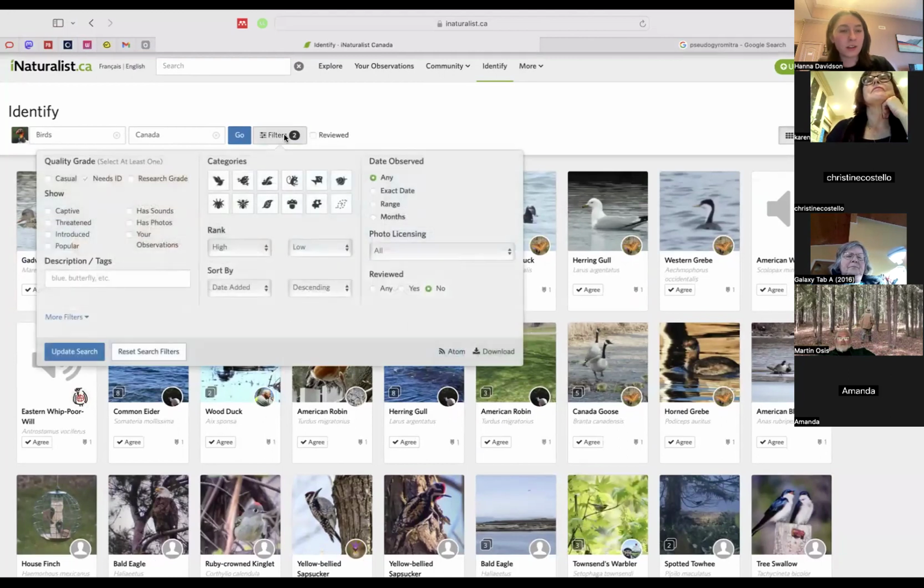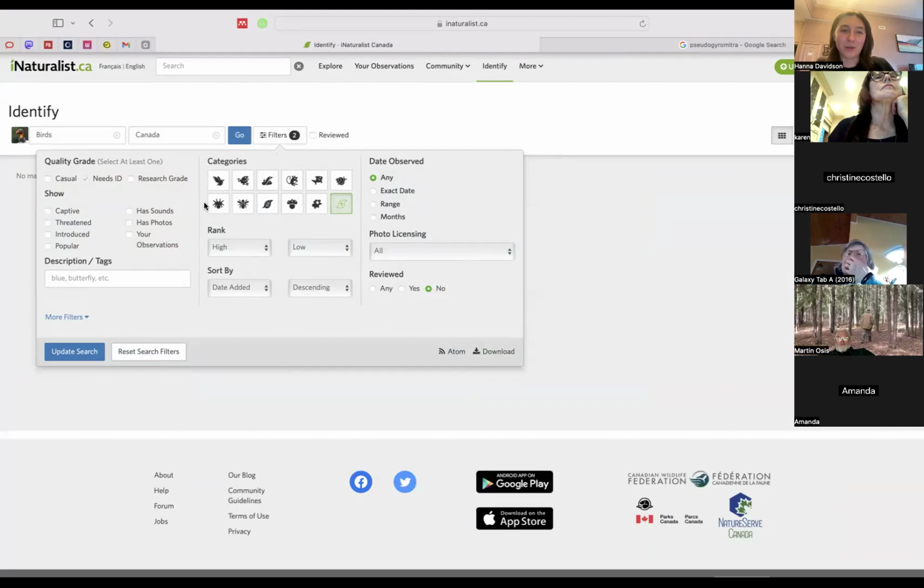Yeah. And then another thing you could do if you're feeling really motivated to help people who are really lost is you can turn on this. You can see these categories. It's like birds, amphibians, just general ones. There's a mushroom. And then there's this sad question mark of unknowns. So if you upload only a picture and you don't assign any kind of ID to it, it gets thrown into this sad unknown category.